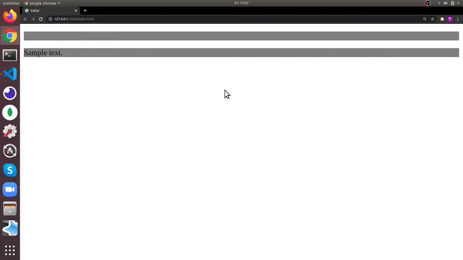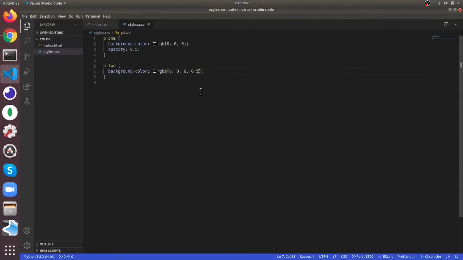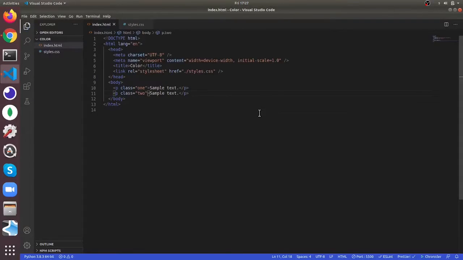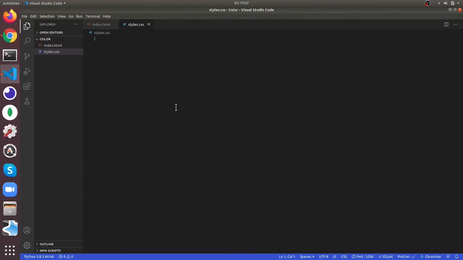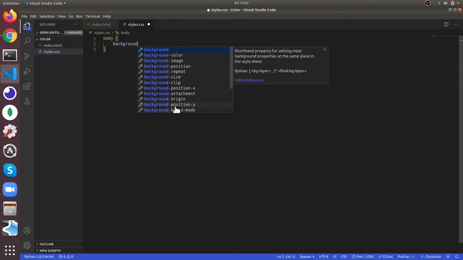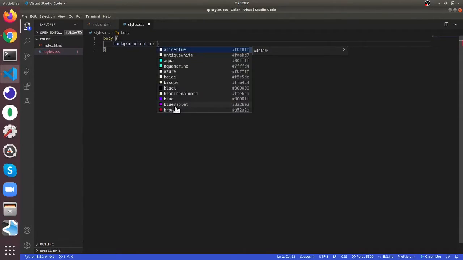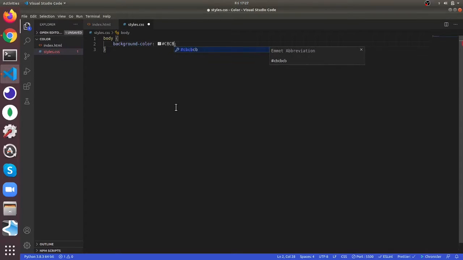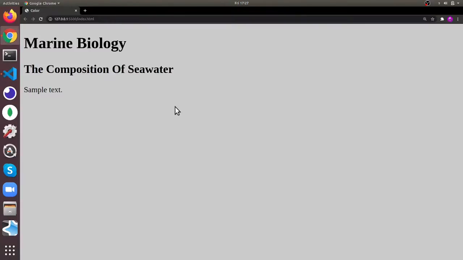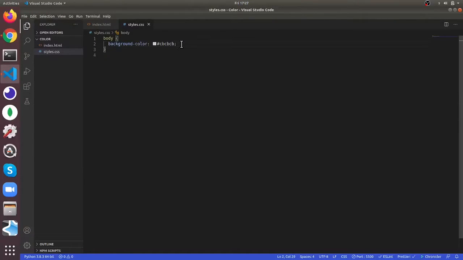So now we're going to learn HSL colors. H stands for hue and S for saturation, and then L for lightness. So we'll just give you an example. We'll just remove this. So we'll just get back this one, and then we'll give body background color hash CB hash. So it's going to come grayish, and then